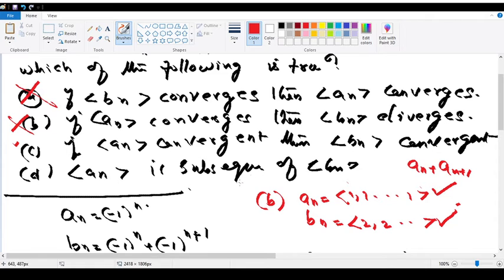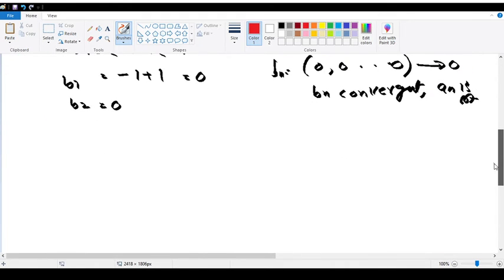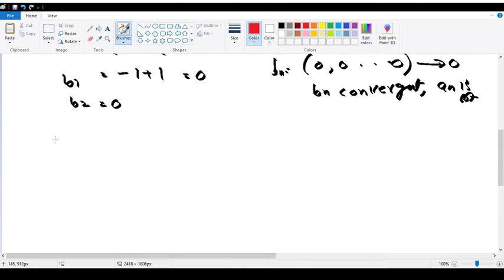And an is a subsequence of Bn, that is also false. Here an is 1, 1, 1 and Bn is 2, 2, 2, so an is not a subsequence of Bn. So the third option is true. What is the third option? An convergent, then